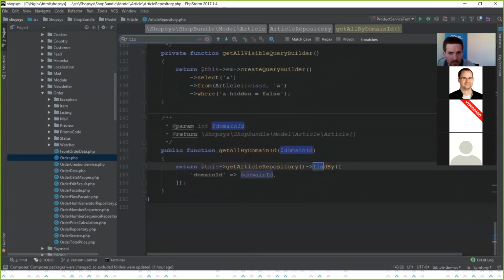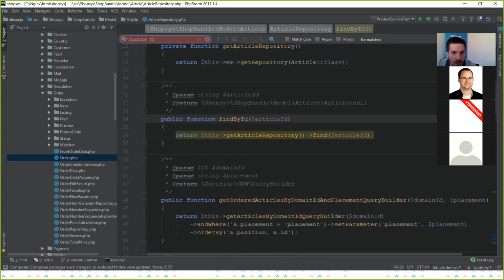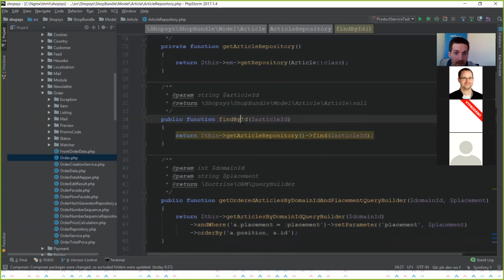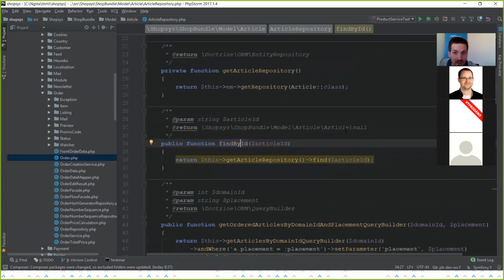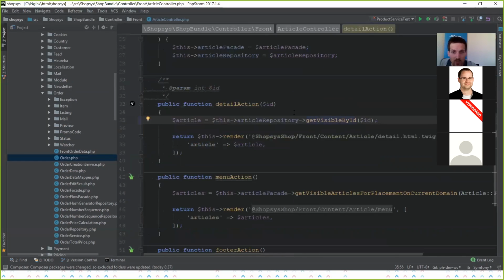Let's see if we have some function find. Yeah, for example, here, findById. You can see in the annotation here that this method, findById, can return either article or null. Because when it does not start with get, but it starts with find, it doesn't throw an exception in case the entity doesn't exist, but it instead returns null. So this is a rule that you should get familiar with,